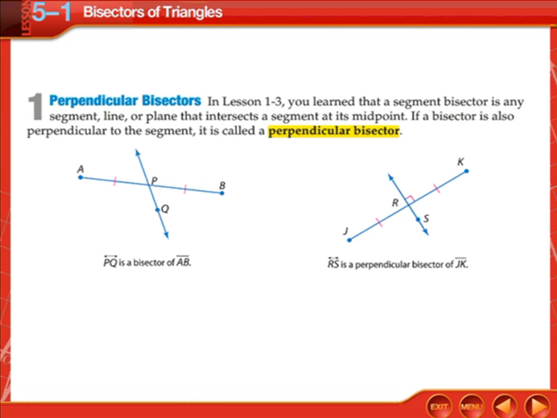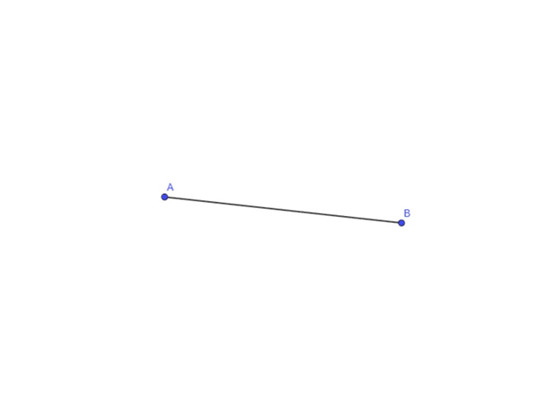We begin this section by defining something called a perpendicular bisector. Now, we have already had definitions for both the words perpendicular and bisector. Let's just recall some things about that. If I have a segment, here we have segment AB, if I wanted to construct a bisector of that segment,